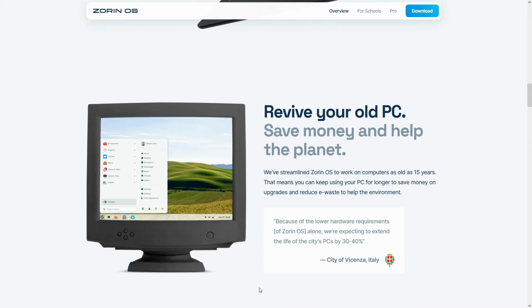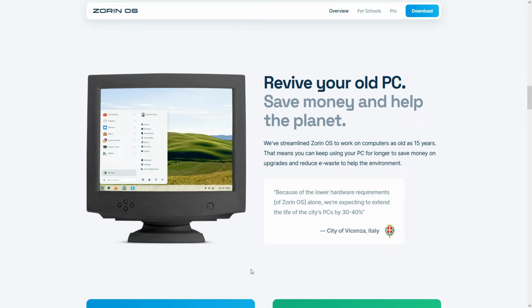And god damn, I want that monitor over here. Look at it. Just look how beautiful. Okay, I want one of these in my setup right now. I don't care about Zorin OS. Give me one of those monitors, dude. I gotta find one of those as soon as possible. They're really cool. My dad used to have one of those back in the early days, and yeah, with Windows XP, it just gives me a lot of nostalgia seeing this screen.